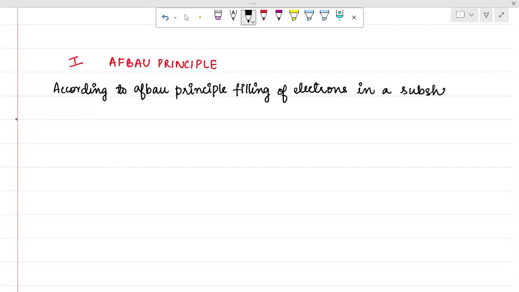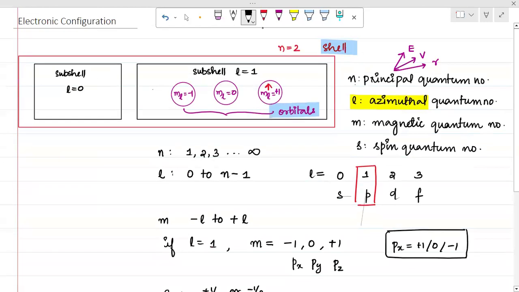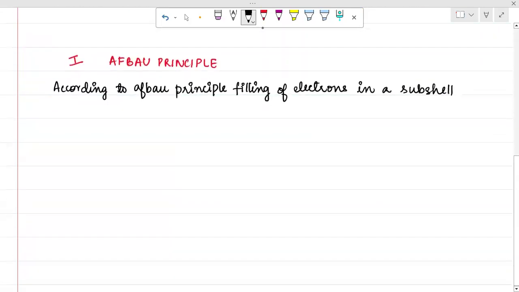So we know that we have a shell which is notated by the red box, and inside which you can have subshells which are notated by the black boxes, and inside the subshells you have electrons which are being occupied by the orbitals, which are shown by circles. Okay, so these are just random representations. This is not the way a shell, a subshell, or an orbital looks. This is just a cartoon representation. All right. In a subshell, filling of electrons